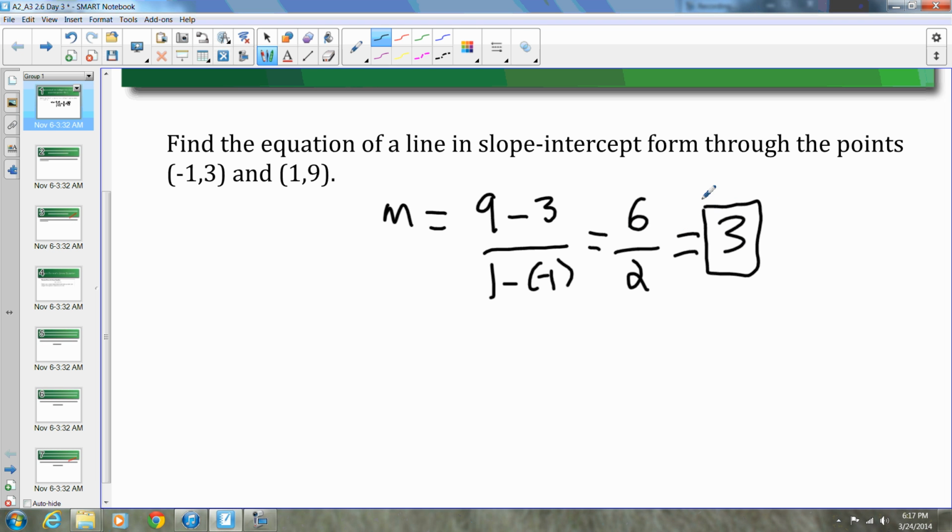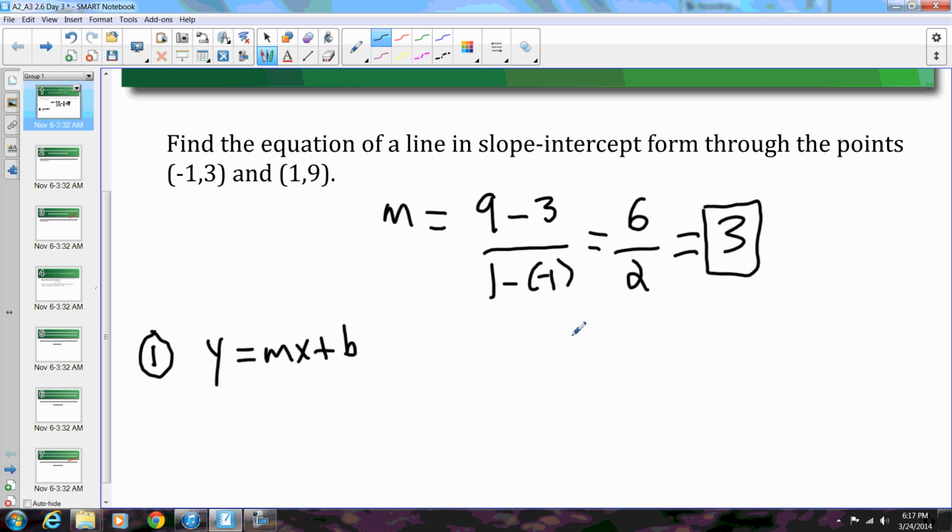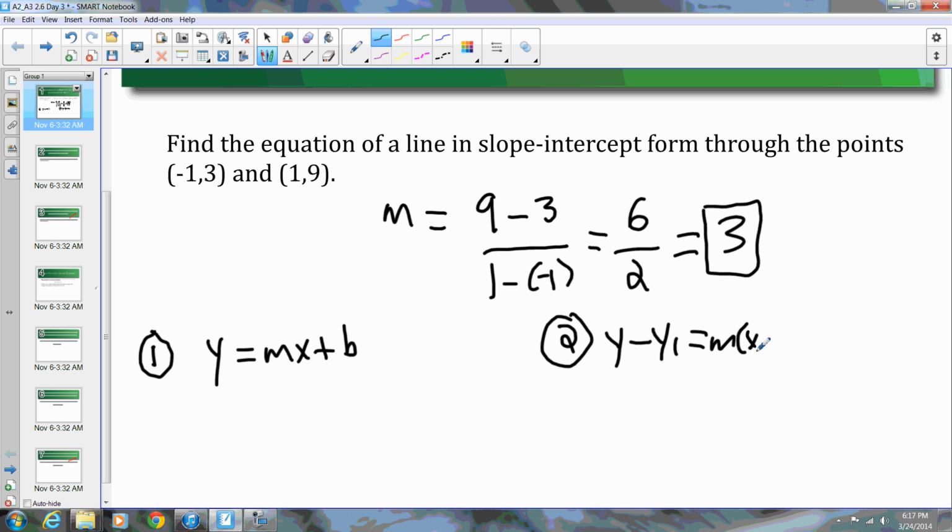So no matter which form I choose, I'm using the slope of 3. Like I said, I'm going to show you one way and the other. The first way is using slope-intercept form. This is the way that I'm going to choose for this and other examples, just because I feel like it's the easiest way, although you can use point-slope. I'm going to note that it doesn't matter which one you choose, you get the same result. So number one, we have slope-intercept. Number two, we have point-slope form. First, I'm going to do